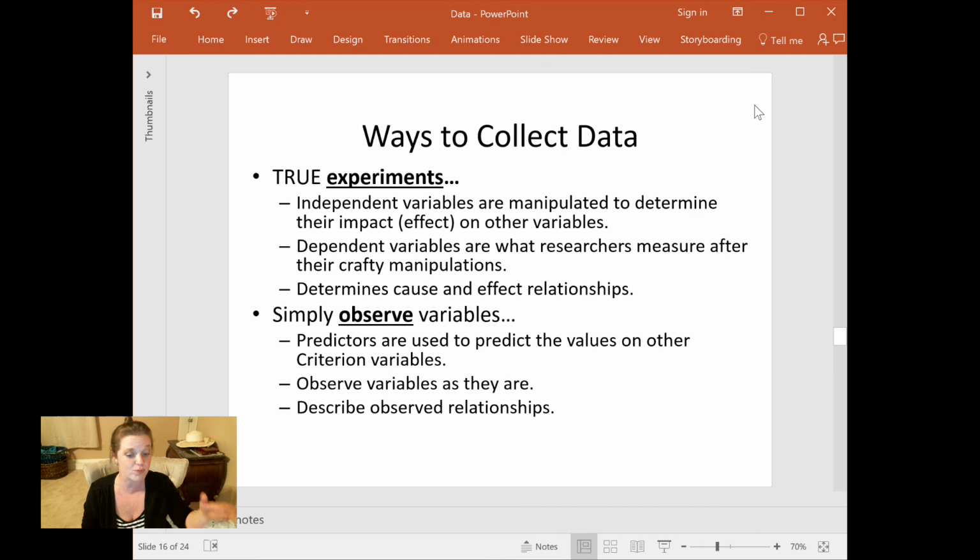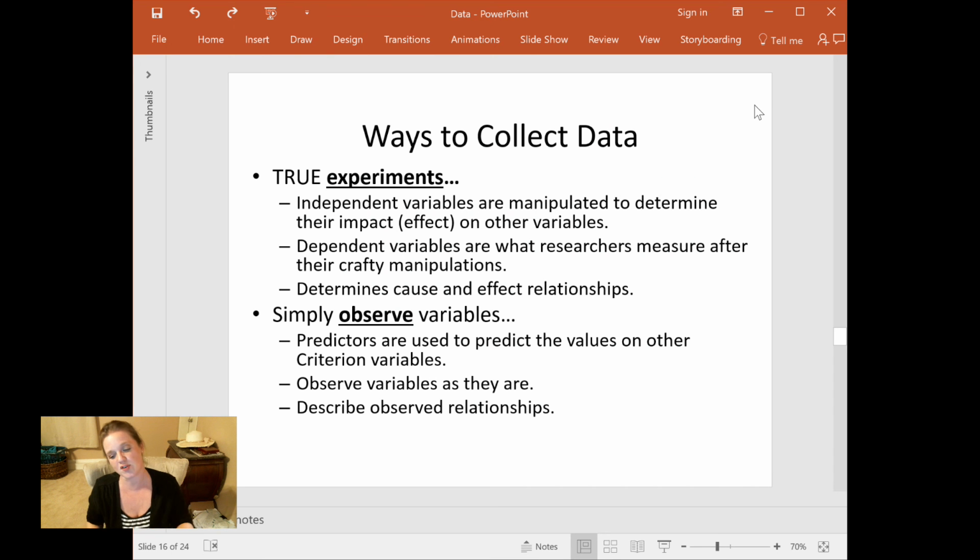And so then we talk about predictors and criterion, right? Because let's say I don't want to have to actually force people to smoke marijuana. Well, not force, but I don't want to manipulate marijuana use. I don't want to say you 50 people do that and you 50 people do that. I don't want to do a true experiment. I could just ask people, how much marijuana do you smoke? I can then measure their brain activity. And then instead of calling marijuana use the independent variable, because I didn't independently manipulate it, I'm just going to call it a predictor. And then brain activation patterns or motivation don't become a dependent variable because I didn't manipulate anything. Rather, they become criterion variables. And so the terminology changes a little bit.